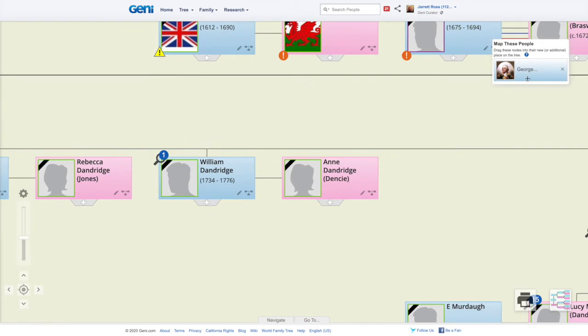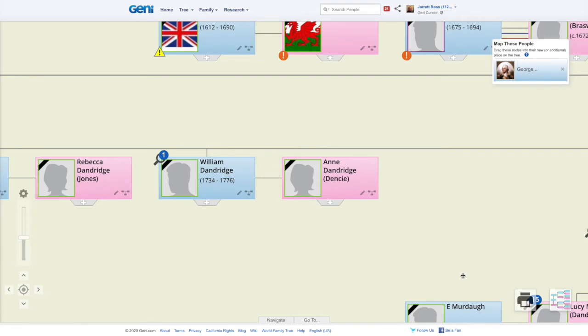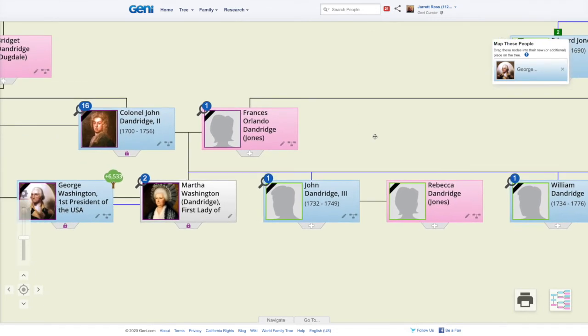So, if he'd married this woman, we could drag it there and then we would say George is Anne's husband, and then it would merge that together. But we do not want to do that because that's going to cause a lot of problems in the tree here. And if you accidentally put someone in the move to column and you didn't mean to do that, you